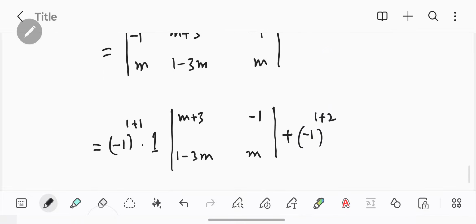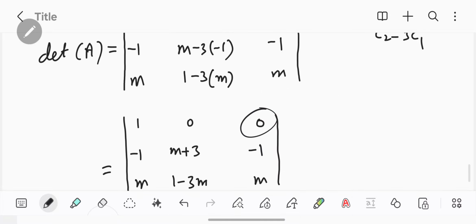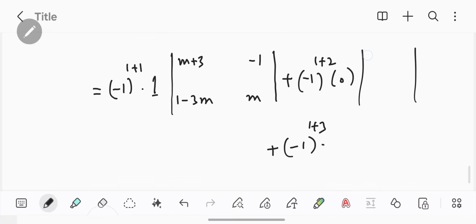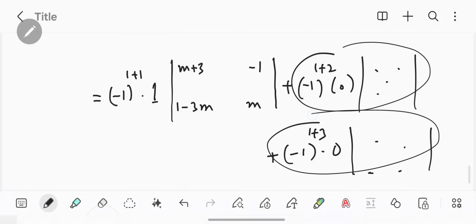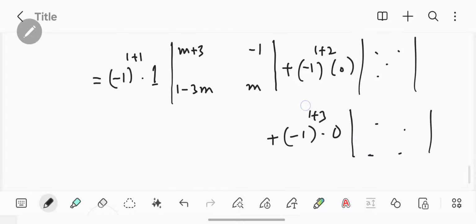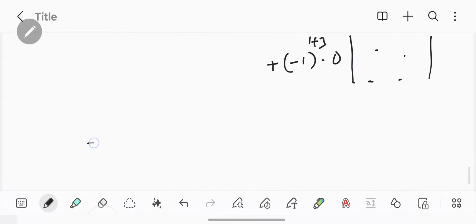This number is 0, so 0 times any matrix is 0, plus minus 1 to the power 1 plus 3 times this number. Since this number is 0, so I will write here 0. 0 times any matrix is 0, so I am not going to write these matrices. So this entry is 0, this entry is 0, whatever they are, I will be left with only this entry. So this entry is